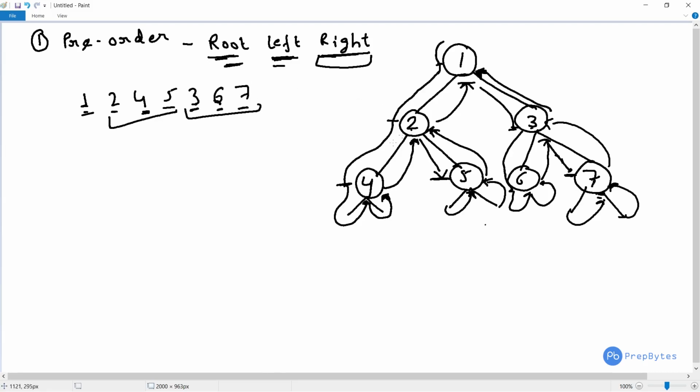Now I have explained to you that a single node has 1, 2, and 3. So a single node is encountered at least 3 times. It is encountered 3 times. First is here, second is here, and third is here. So it is a very simple approach to print inorder,